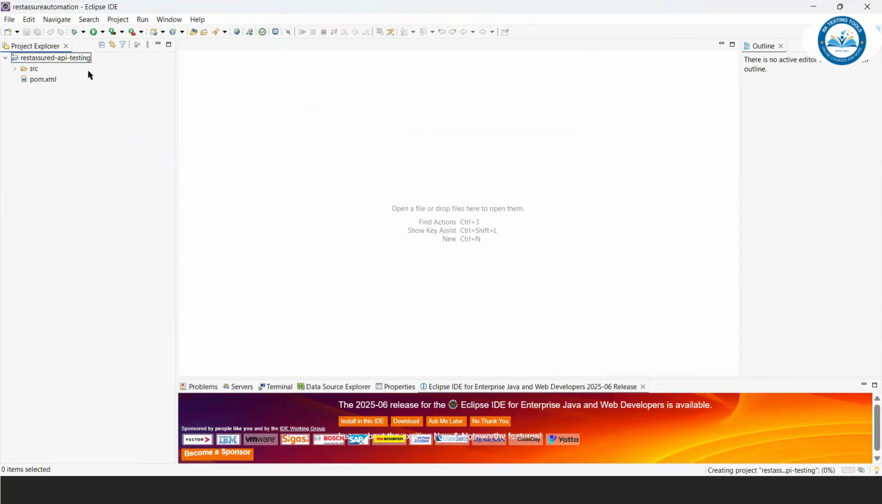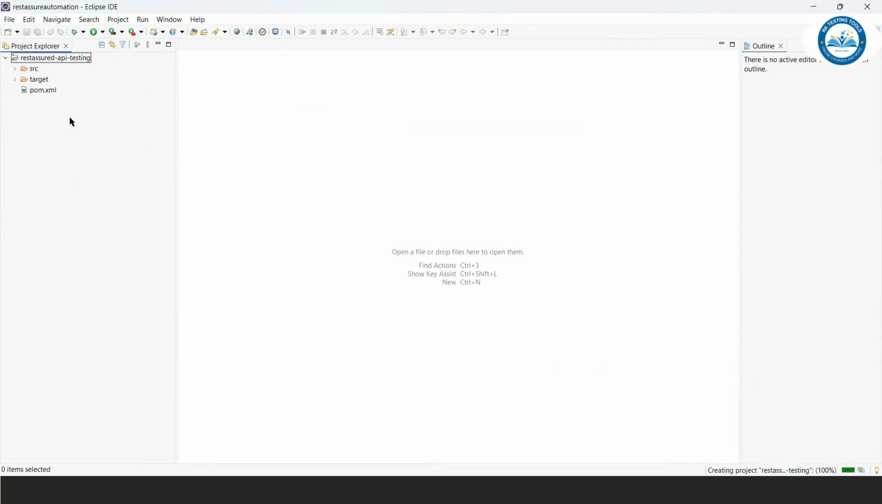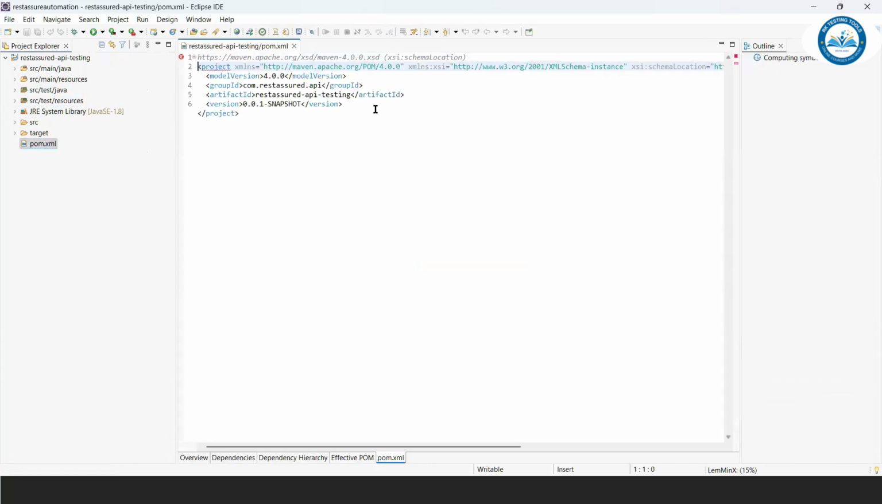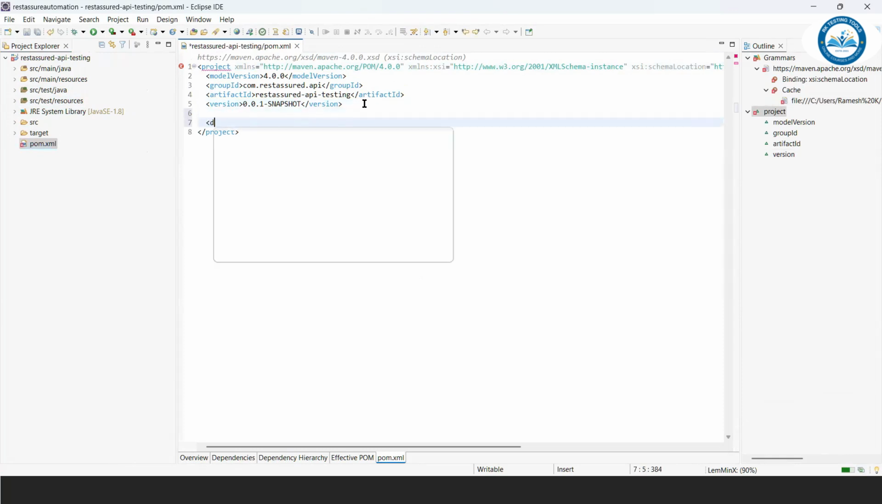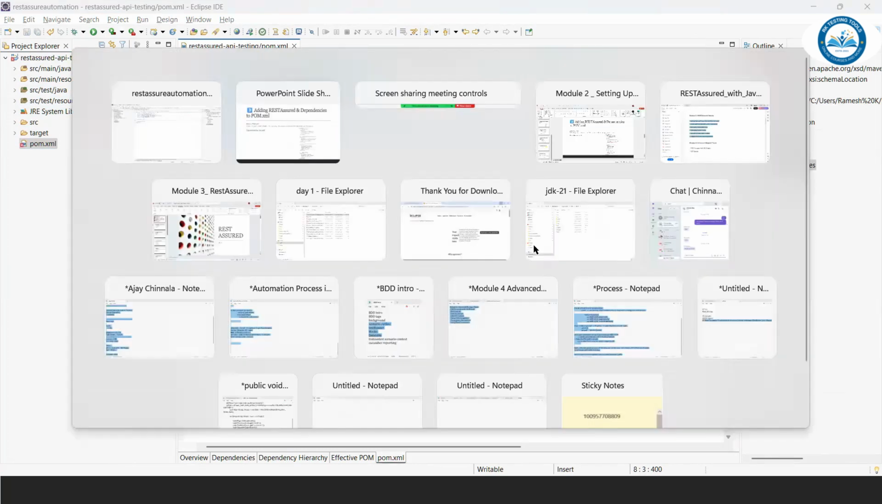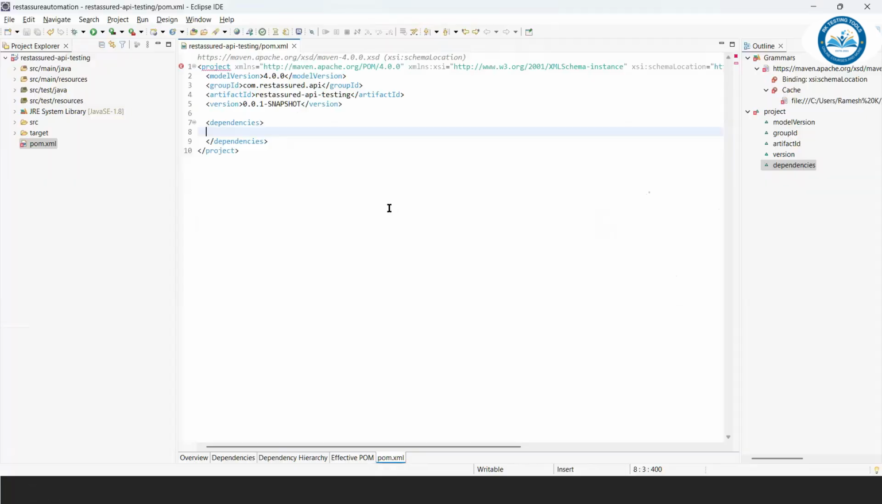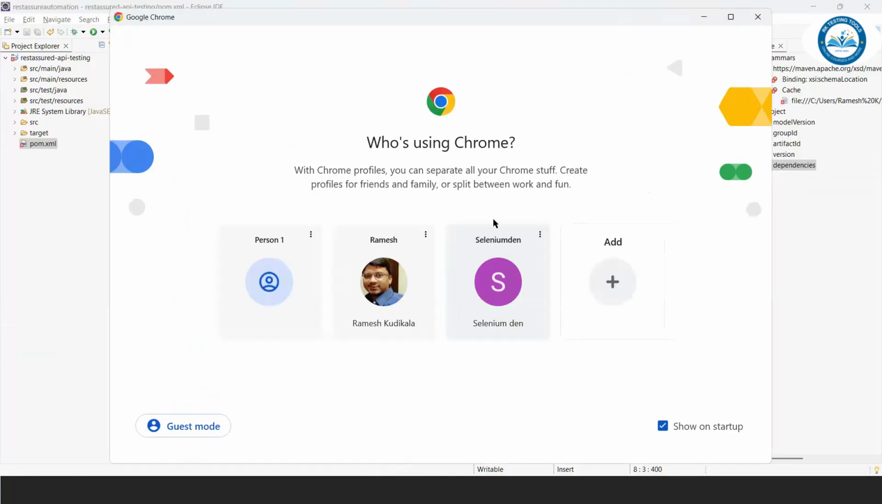So the rest assured API project is going to be created, it is a Maven project only. It is downloading all the folders and files. Yes, it is created. So now what we have to do is go to the pom.xml and add the required dependencies. Let's go here, add the dependencies. So what is the first dependency? It is rest assured. Now for this, you have to go to your browser,